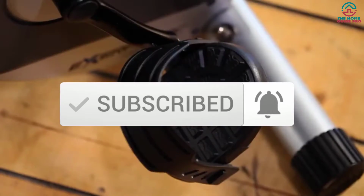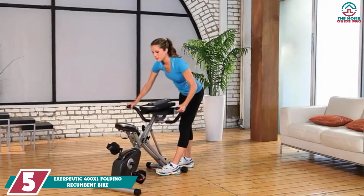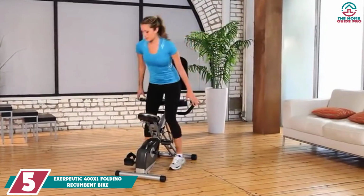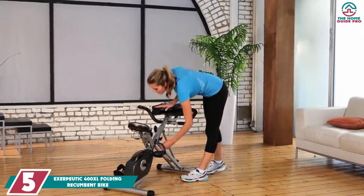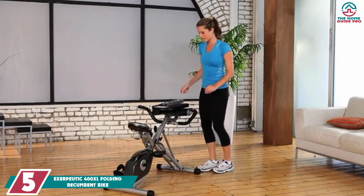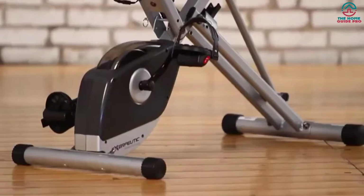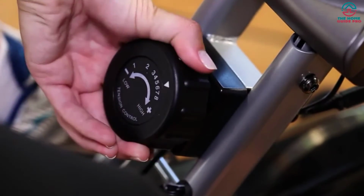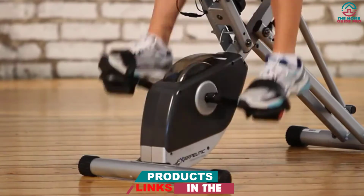Now let's get started. Starting at number 5, we have the Exerpeutic 400XL Folding Recumbent Bike. If you are looking for the best exercise bike under 200, you should consider the Exerpeutic 400XL. It is another excellent model of the present time. The bike requires very little space as it is compact, therefore, transportation is easy due to the wheels included. The capacity of the bike is 300 pounds, and it is easier to get on and off due to modern